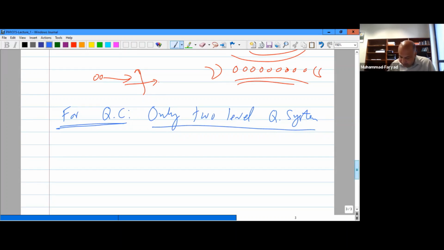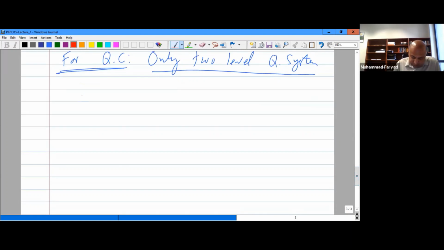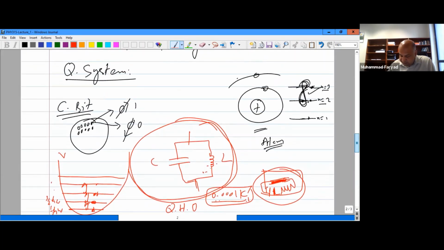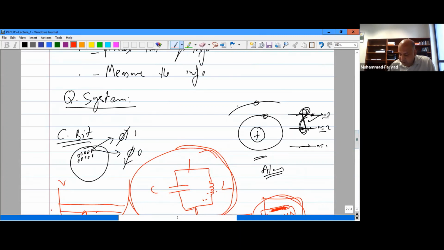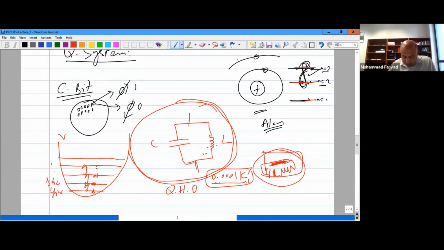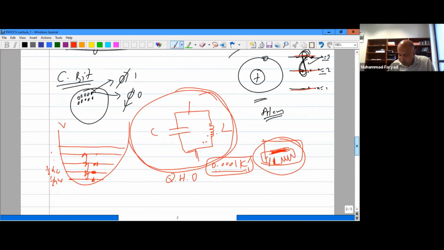Now, unfortunately, in nature, there's no true two-level quantum system. So what we do, we take our general quantum system, which has many levels. For example, this atom, or this oscillator, that is a multi-level quantum system, but what we do is we only work with two